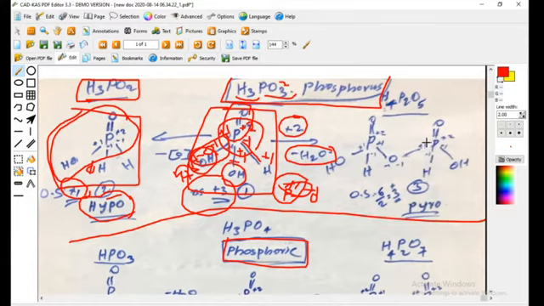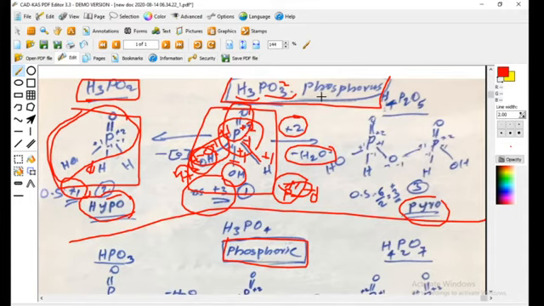2 molecules I have written. 2 OH groups combine together by the elimination of one H2O molecule. So there will remain one oxygen atom. This oxygen atom is bonded between the 2 phosphorus. So the structure will be like this. Is it clear? Instead of 2 OH groups, there will be one OH group only. One OH is transferred to the oxygen bond by the elimination of H2O. This structure is known as